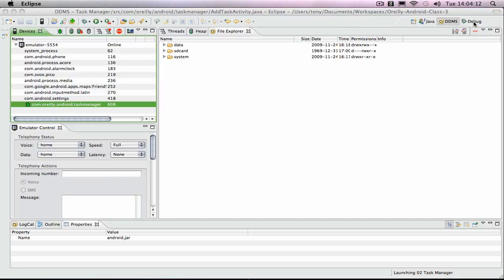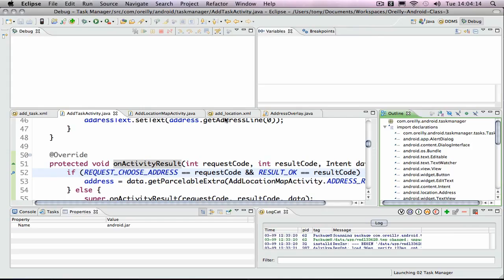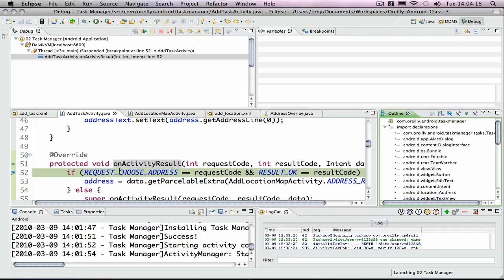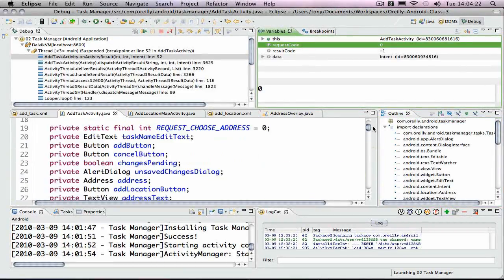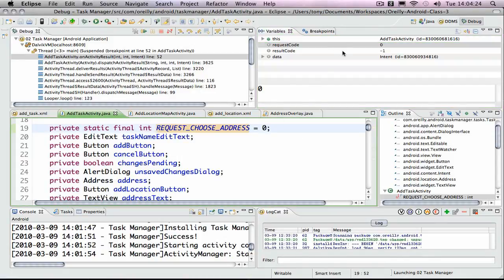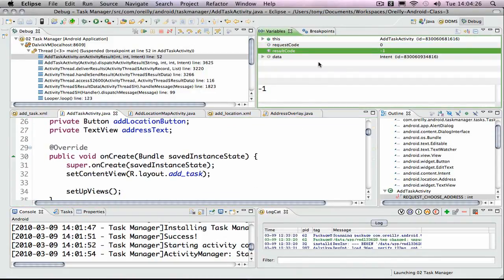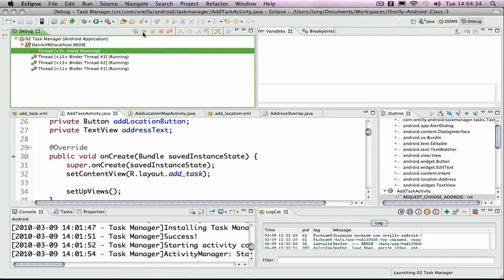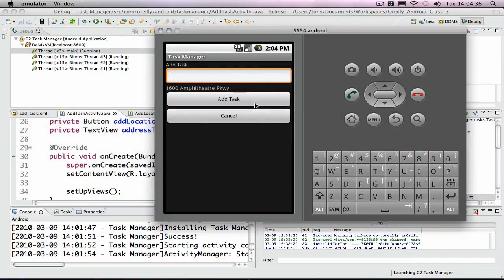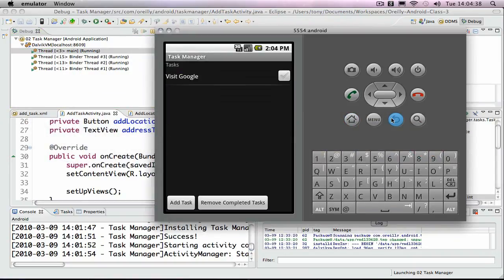Did I say no or cancel? Oh, I got spinny beach ball again. Okay, so now I'm in the code and onActivityResult. And you can see request code is 0, which is what we kicked off here. The result code is -1, which is okay. And then there's this data, this intent, and it has some extras. The toString is telling me. Okay, so then if I continue on the debugger, let things run the way they're running,